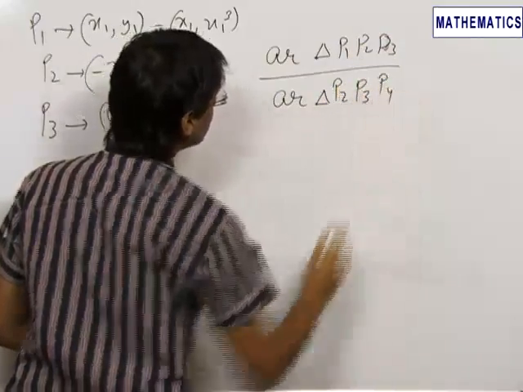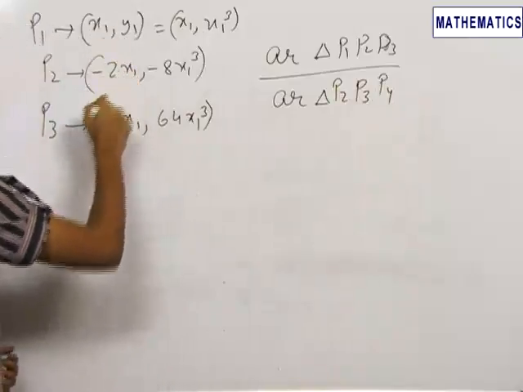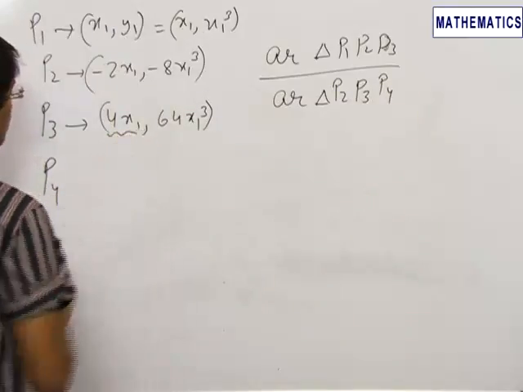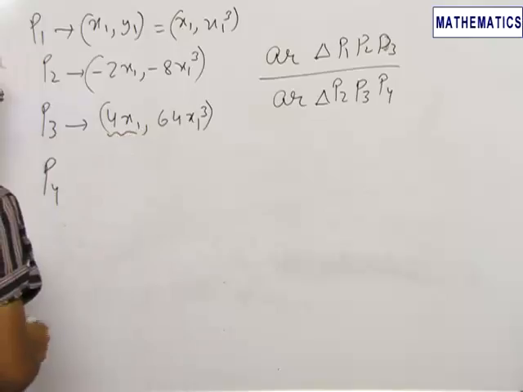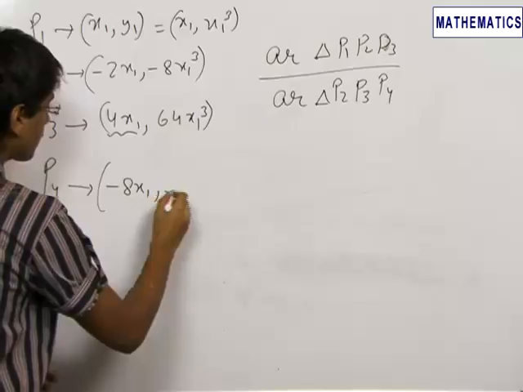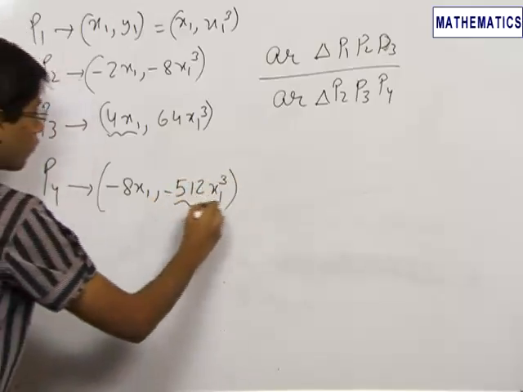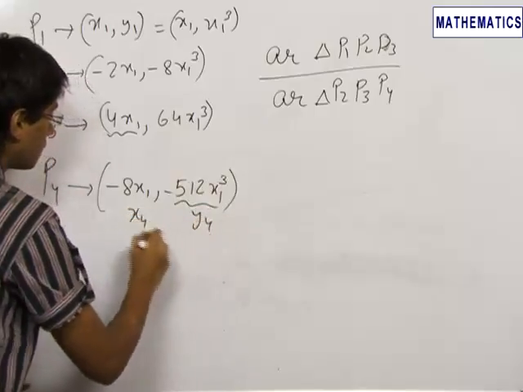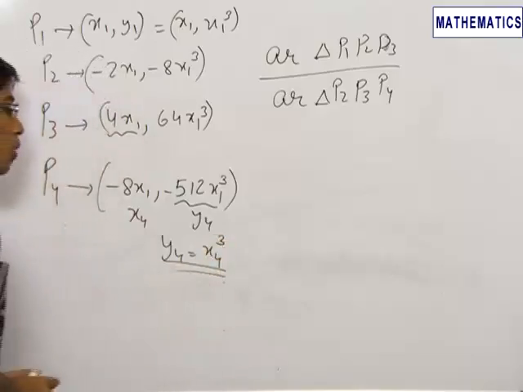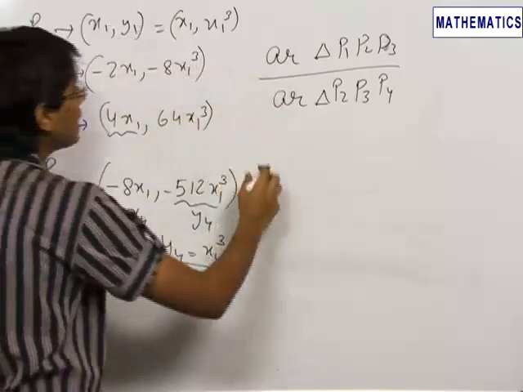For that we require the coordinates of point P4, and since we know that x1, x2, x3 are in GP, so x4 will be equal to the x coordinate of point P3 into the common ratio, which is minus 2. So this becomes minus 8x1 comma minus 512 x1 cube. Since x4 comma y4 are again lying on the curve y equals x cube, y4 is equal to x4 cube, hence this area will be equal to